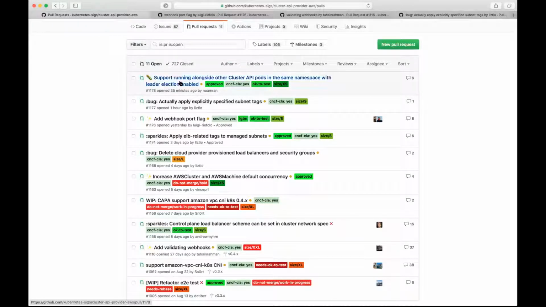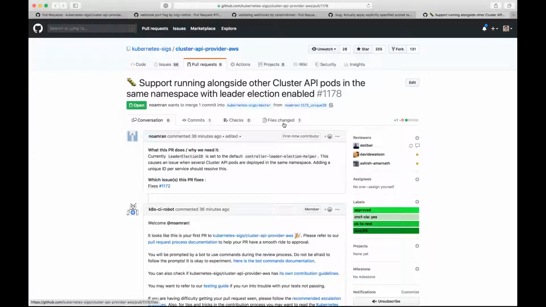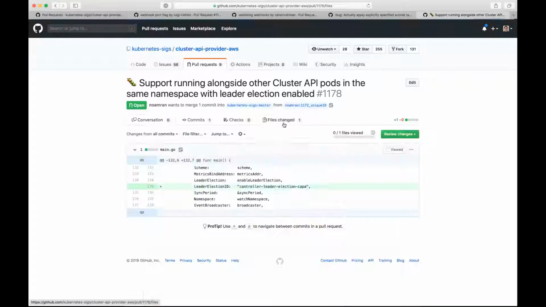And then we have Noah's leader election fix. We were trying to run Cluster API, Kappa, and the kubeadm provider all in the same namespace. They all try to use the same default leader election ID. So only the first one that acquires the lock is allowed to run, and the other two just waited.